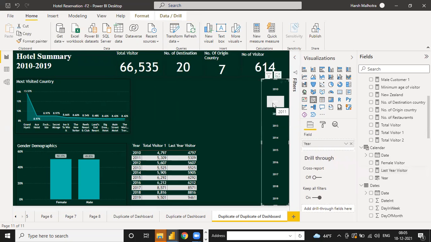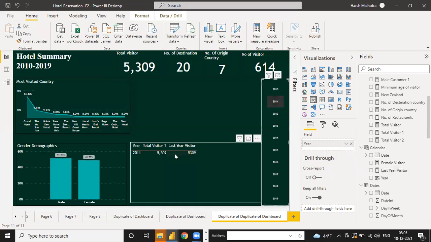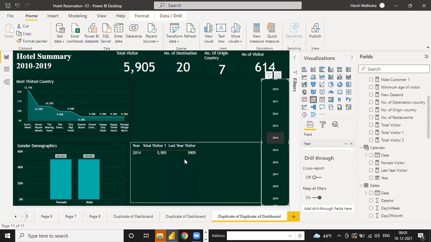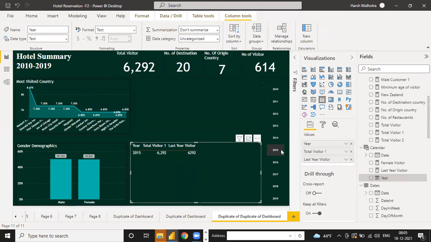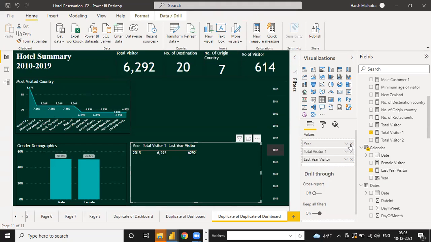There is some filter there. 2015. Maybe the year column is not correct, I think.